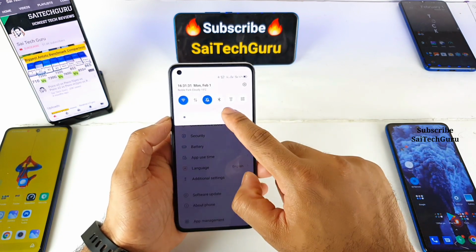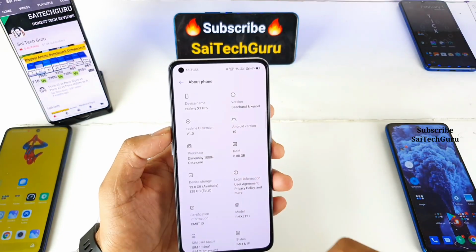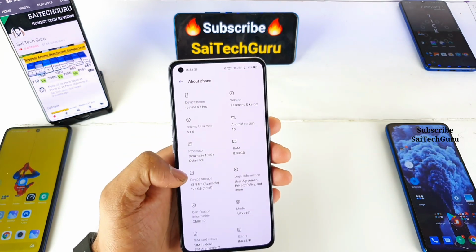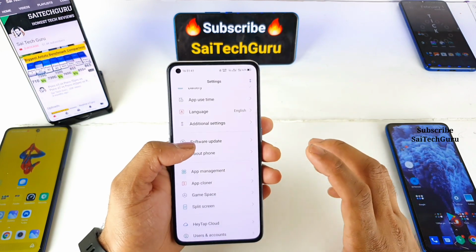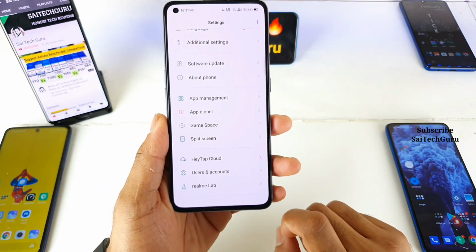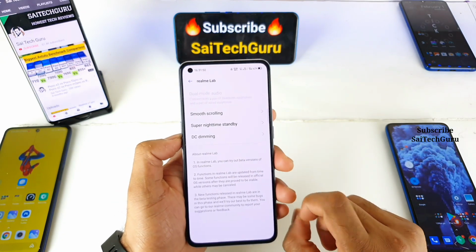And the first thing is that you need to go to the settings. Before that, let me even show you the exact variant: Realme X7 Pro with the Dimensity 1000 Plus processor. So to find the DC dimming feature, you need to go to the Realme Lab. As you can see, this is the Realme Lab. Just tap on the Realme Lab, and as soon as you tap it, you will get this option